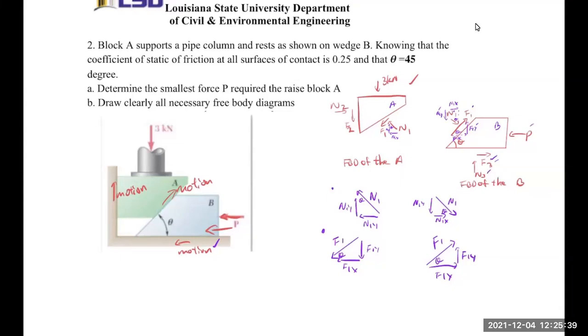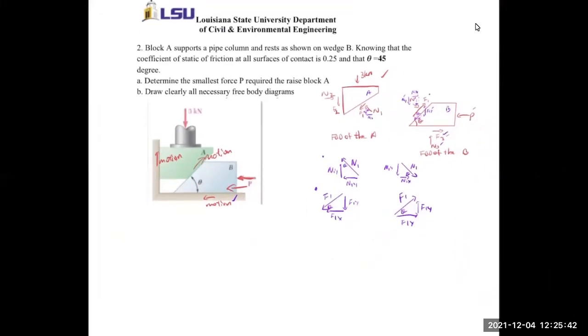Okay, so right now we can start doing our analysis. Like I said, for this kind of problem, all you need is equilibrium equations. So first, let's consider the free body diagram of block A. If we consider the x direction, the summation of forces in the x direction, we have this N2 going to the right. And then we have